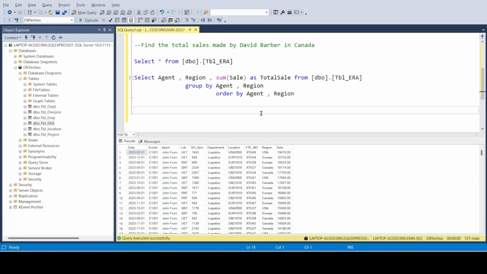Okay, let's do one more example with the help of table array. In this example, we will find the total sales made by David Barber only in Canada region. As we have already discussed, we can use the group by statement to summarize the data on the basis